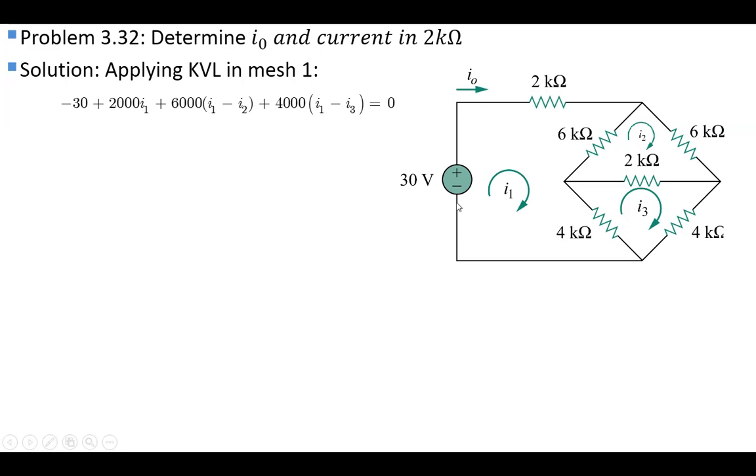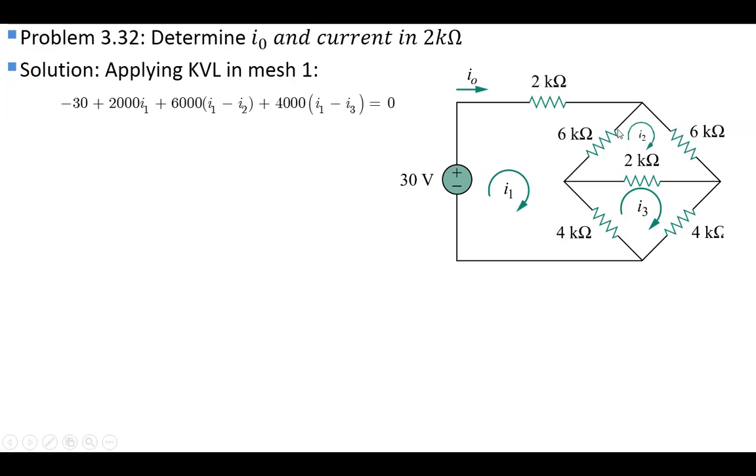Starting from this point, we first encounter the constant voltage battery. The first polarity is negative, so minus 30. We already know the voltage across this battery is 30 volts, so we don't need Ohm's law here. Next we encounter the 2 kilo ohm resistance. It is not common between mesh number 1 and any other mesh, so only I1 flows in this resistance. So V equals IR, that is I1 multiplied by 2K, which is 2000 I1, plus